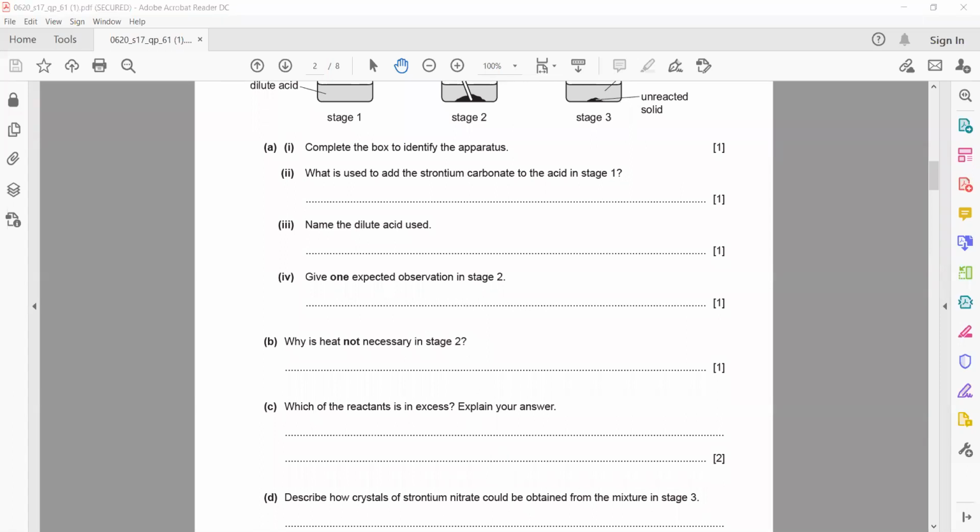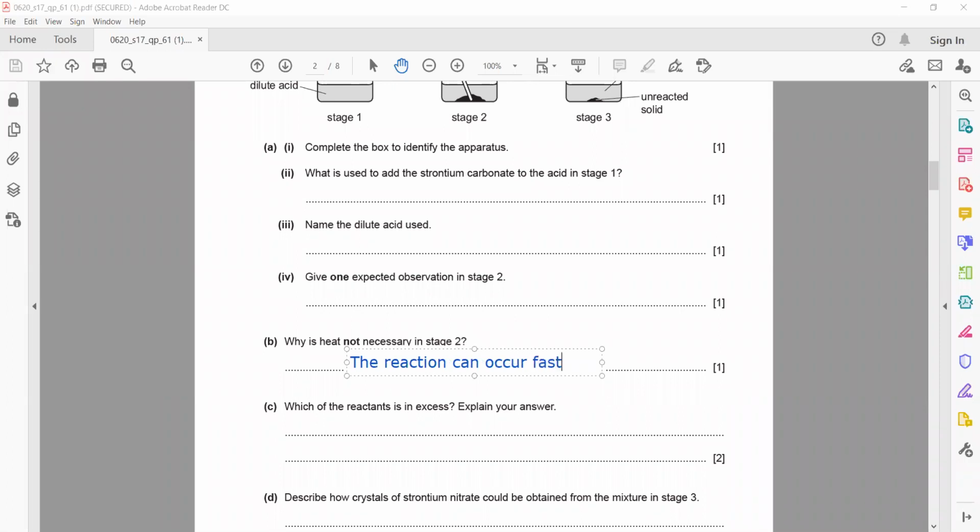Because the reaction can occur fast at room temperature, so we don't have to supply